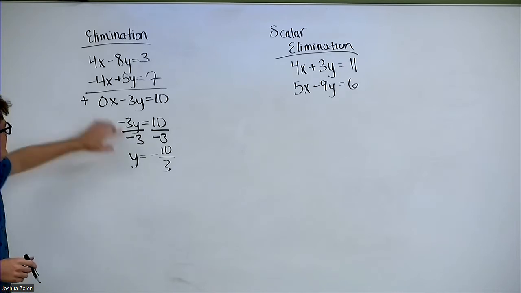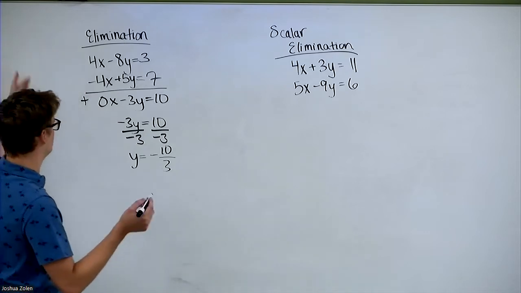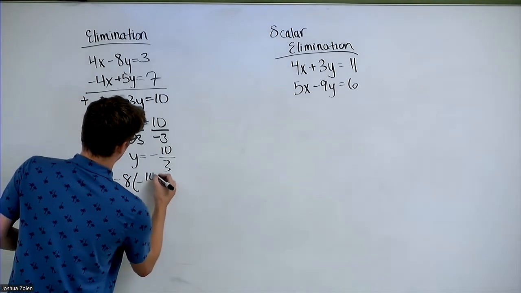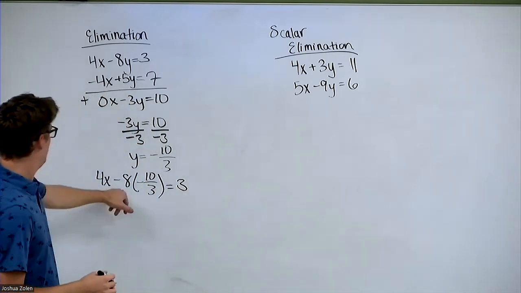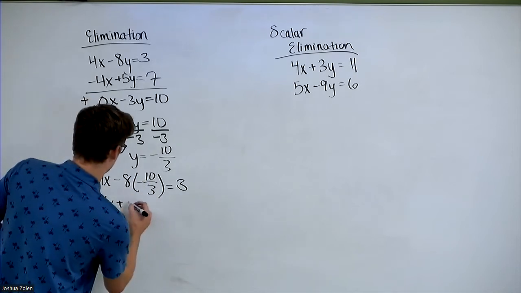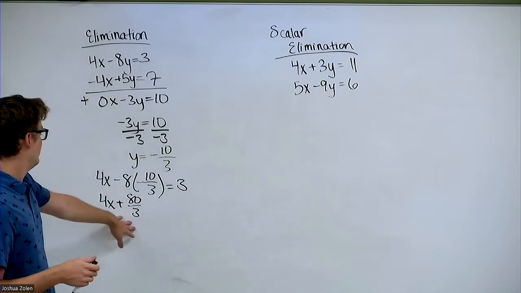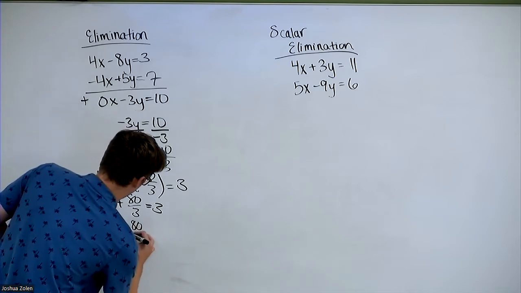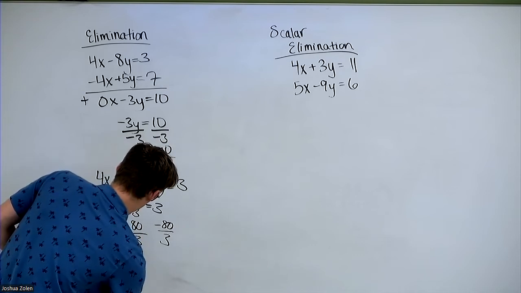So we're going to take our y and we can plug it into either of these equations. We're going to plug it into the top one just for fun. And we get 4x minus 8 times -10/3 is equal to 3. That's going to be 4x, and -8 times -10/3 is going to be positive 80/3. And we're just going to leave that like that as well, is equal to 3. And we're going to subtract 80/3